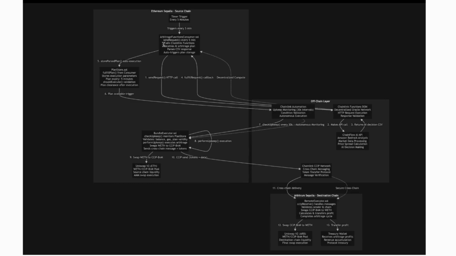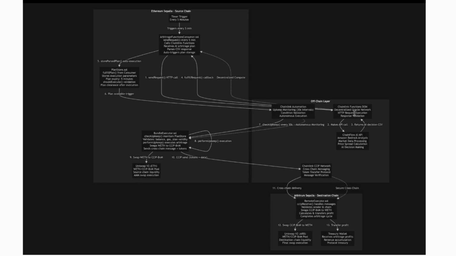Let's start with the contracts. First, we have the function consumer.sol contract, which is triggered every 5 minutes by Chainlink automation. In every trigger, it calls a Chainlink function. And the Chainlink function has its logic to first fetch the market data, such as the price of the token pair from both of the pools and the gas fee in both of the chains, and passes all the data to the Amazon Bedrock API. So the Amazon Bedrock API analyzes all the data and returns a final decision whether or not we